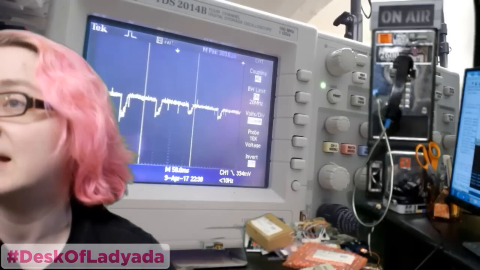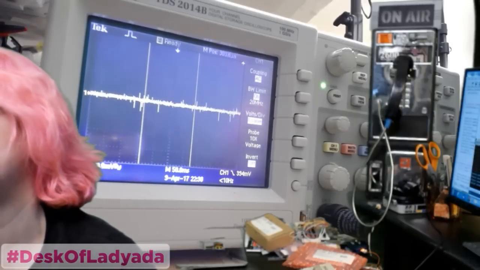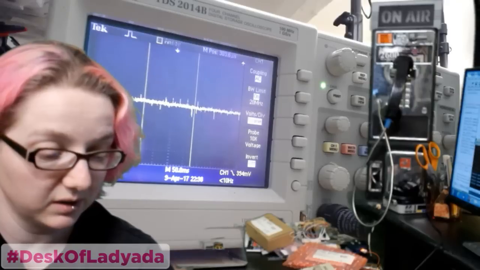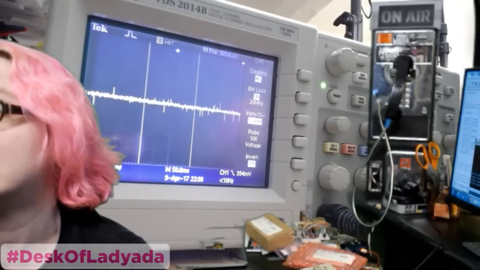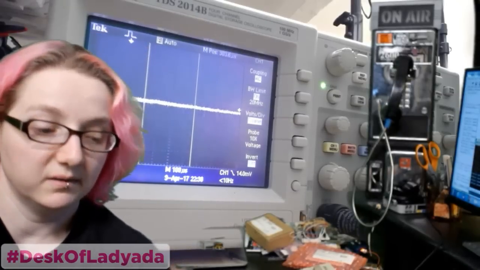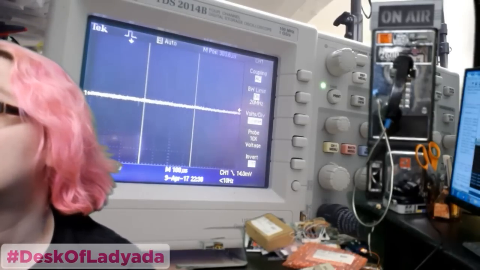But what's interesting is that once I get even like 2 feet away, you can barely see the signal out of the pin diode. This just shows the quality of the filtering and automatic gain control that's going on inside of the receiver chip. It's kind of neat. Hold on, let me bring down the trigger. Yeah, it's amazing. I can barely see it on the oscilloscope, but signals are coming in on the serial